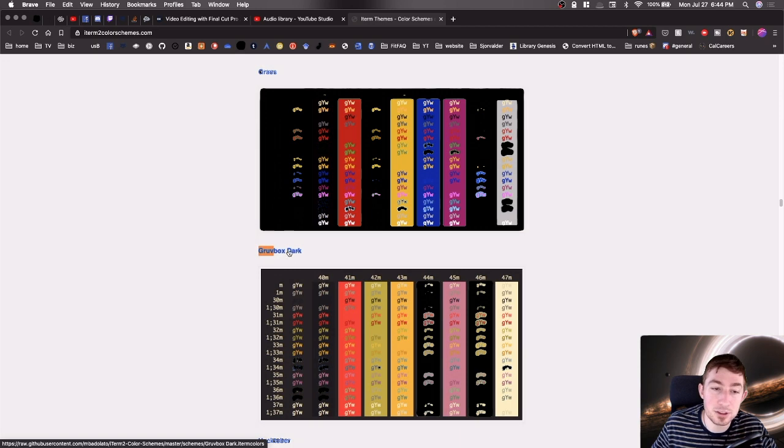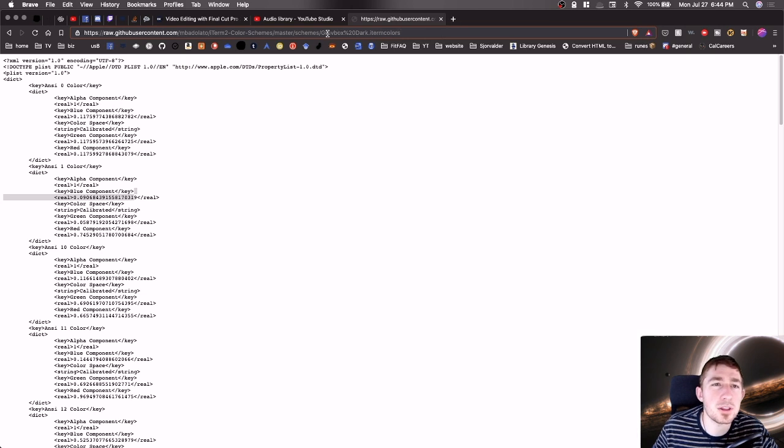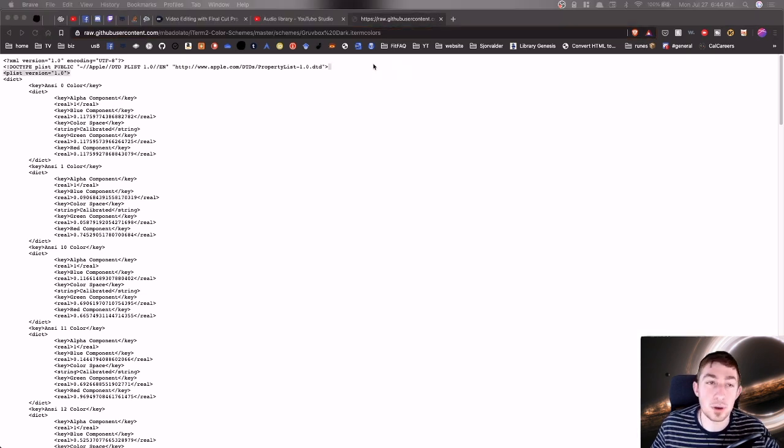You click the hyperlinked name, and then it opens up basically an XML document, and then I just copied this and saved it as the name of the file right here, Gruvbox dark iTermColors. Actually no, I think that's the actual file path. It's just iTerm colors, not even XML. And so once you do that, you have the file saved to your desktop and you're ready to import it